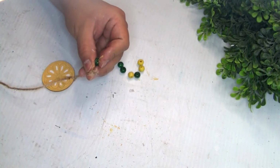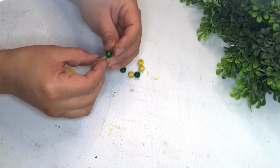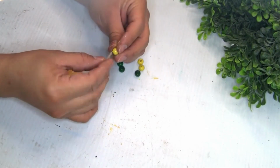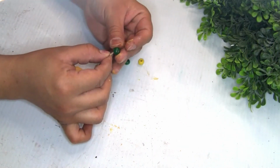I'm going to grab a piece of jute twine. We're going to be creating another beautiful small garland, and I want to show you something different too. It was a really simple and easy project. I love how it turns out. It looks really adorable. So once we put all that wood bead,